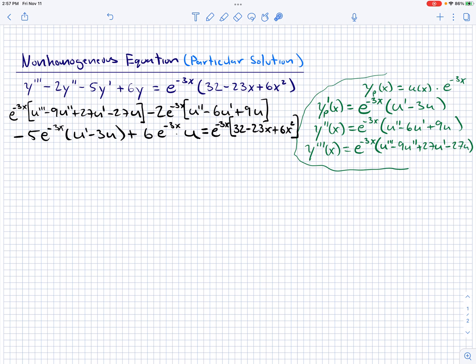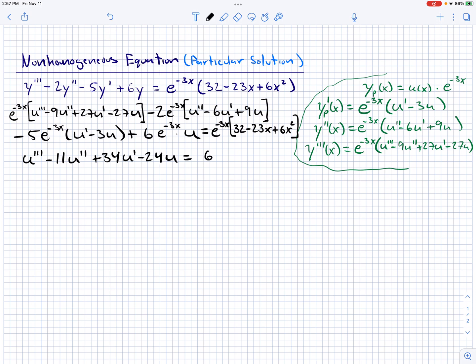There's some u double primes, some u primes we can combine. So me stating that is mainly so I can just tell you and jump to the simplified version. And the simplified version ends up being u triple prime minus 11 u double prime plus 34 u prime minus 24u being equal to,